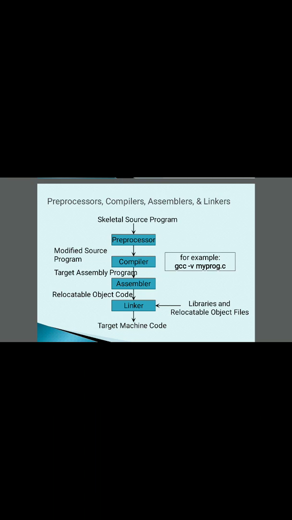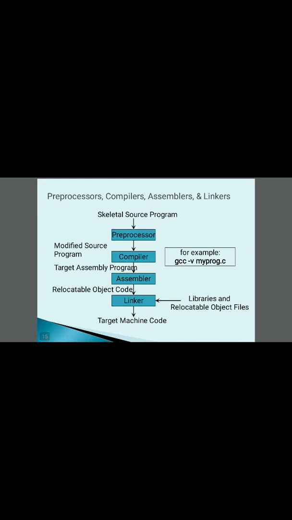In the double quotes you will be writing a.c. It means include a.c here before executing this program. That's what happens: first you give the source program, and if any pre-processing is to be done, it does it, and then you get a modified source program. This modified source program will be given as an input to the compiler.